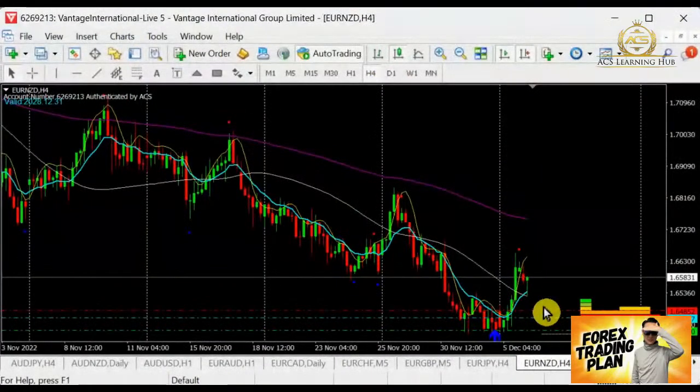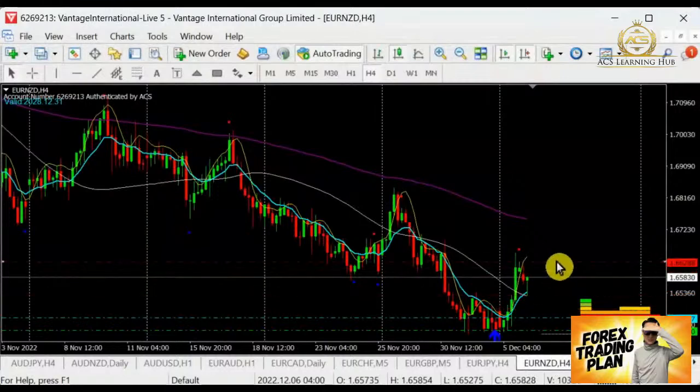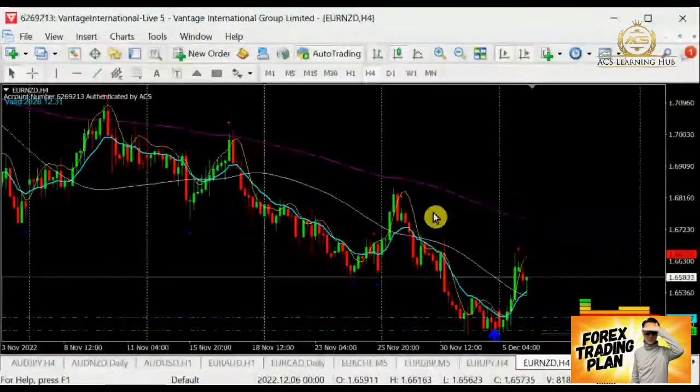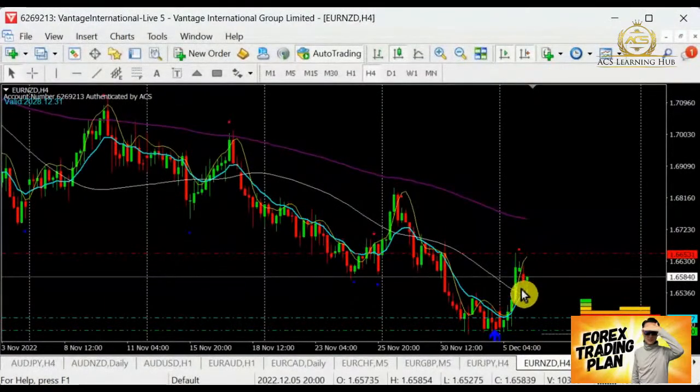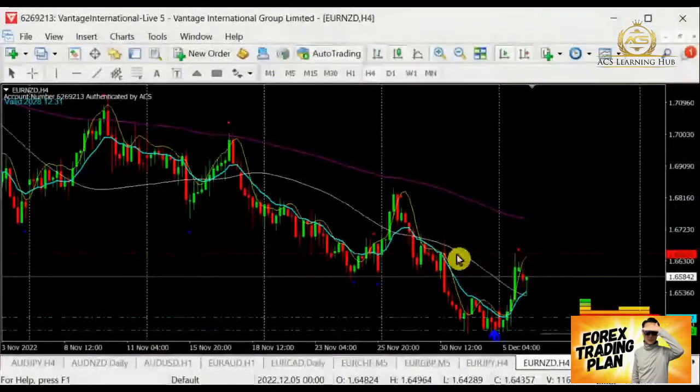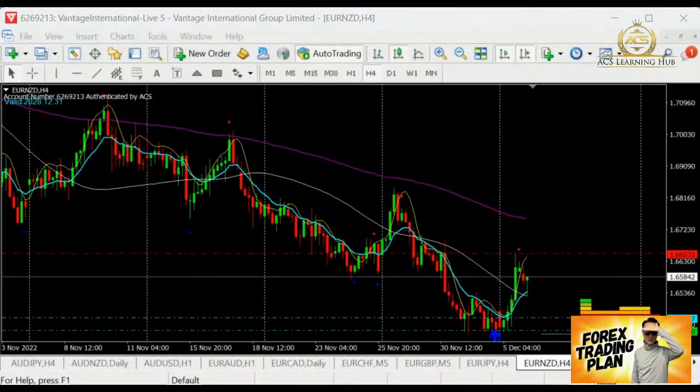So it's correct that it should start selling when it meets up with a resistance. It has tested the resistance over here, but there may be a chance that it will continue to test the resistance before it actually comes down. So Euro Kiwi may be a long wait, but we still have a chance for that. Okay, so I'm going to put this into my watch list.